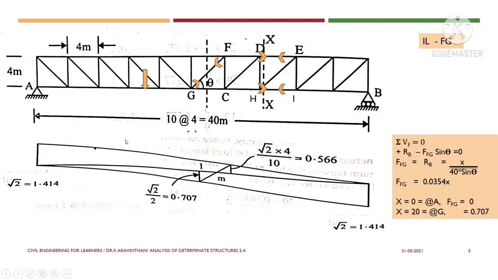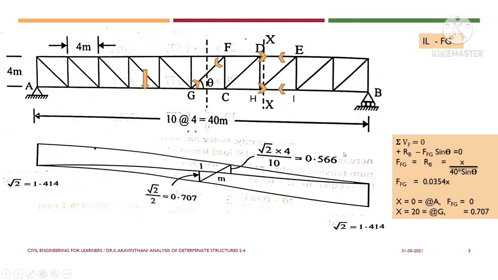Okay. Next, let us take the member FG. If we want to consider FG, let us split the section into two halves, the left hand side and the right hand side half. Apply the load at the left hand side part, and let us consider the right hand side. Conventionally, while starting your understanding, take the same way as this problem is proceeded. After getting some experience, you can take the right hand side and look at the joint A and try it on your own. So while learning, follow this process in order to understand.